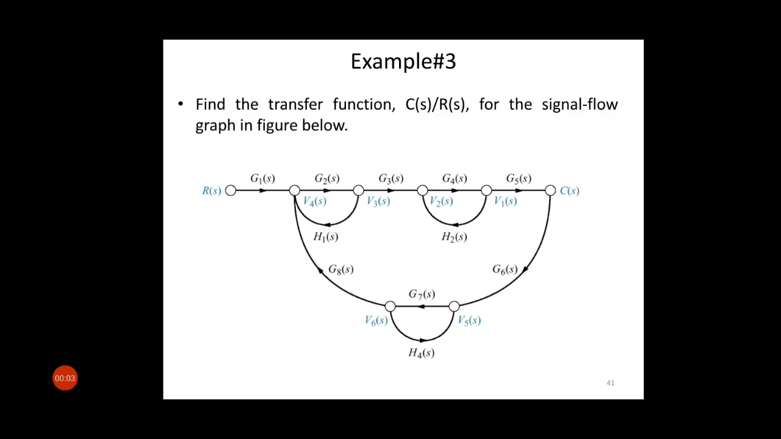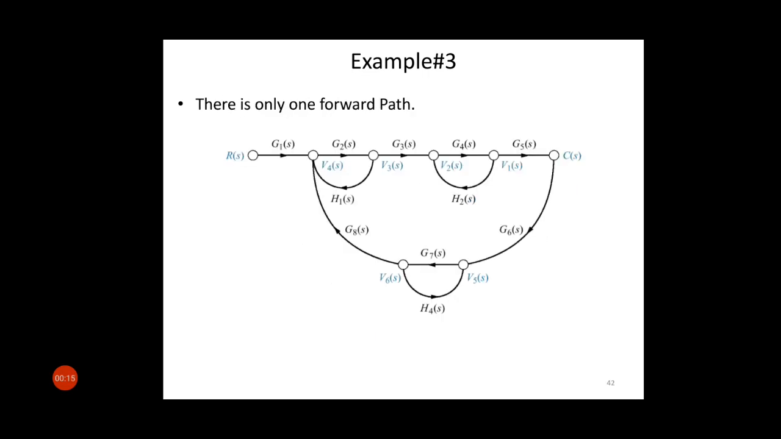So student, here I have taken another example. Let's see how we calculate the transfer function of this signal flow graph. First, check how many forward paths there are. There is only one forward path, named P1 and indicated by the red line. The gain of the forward path is G1 into G2 into G3 into G4 into